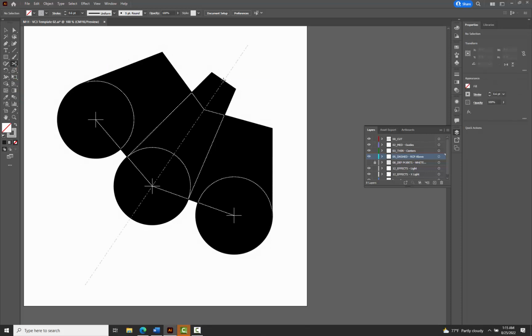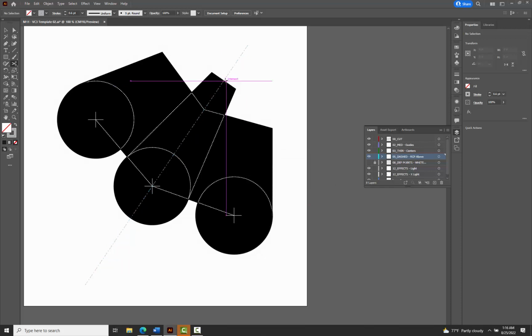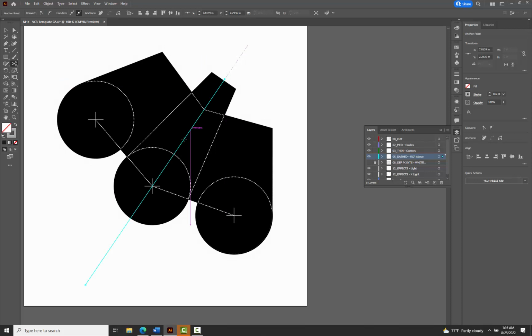So I hit the intersect and I didn't have the path current, so you really need to make sure it says path when you're breaking it, and that it's the correct path. So if I click on that, it says I'm right at an intersection, so if I pull off of it a little bit, it'll break it. You see it breaking it there. It takes a little bit of wangling, right? You may have to come in and adjust it